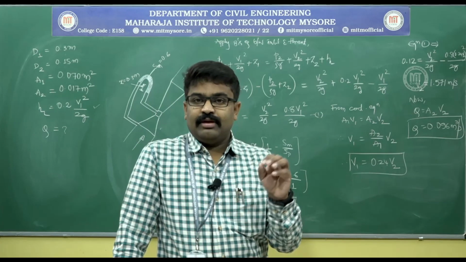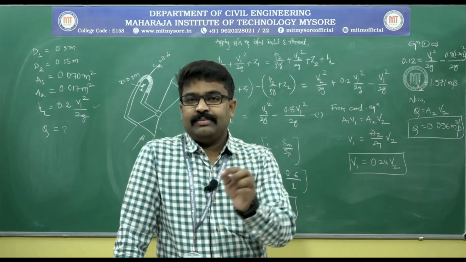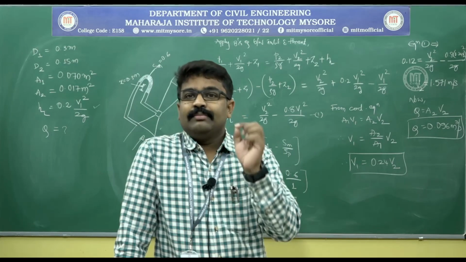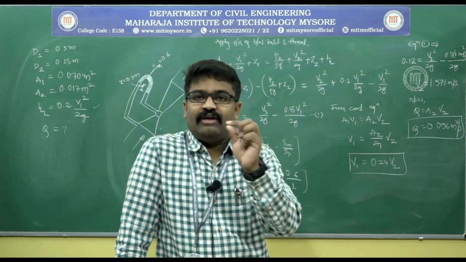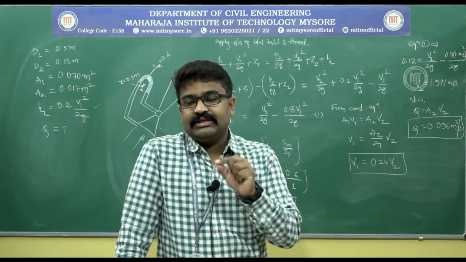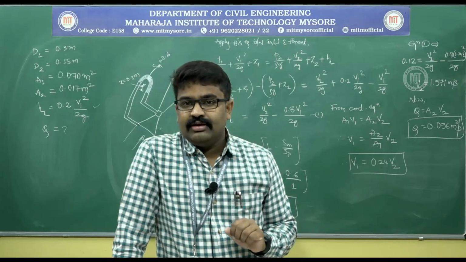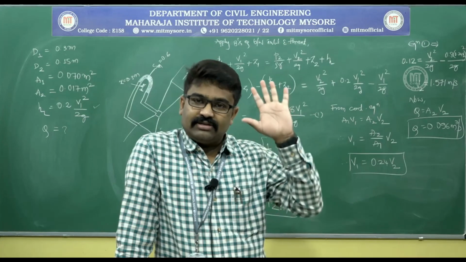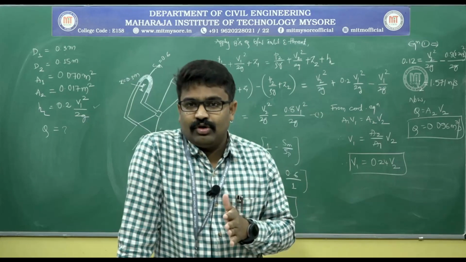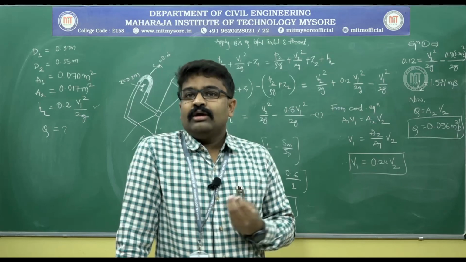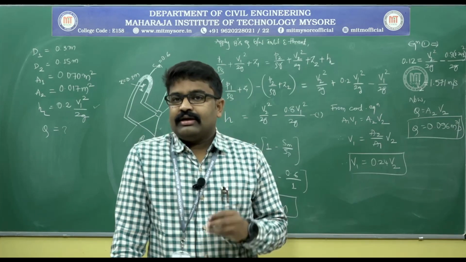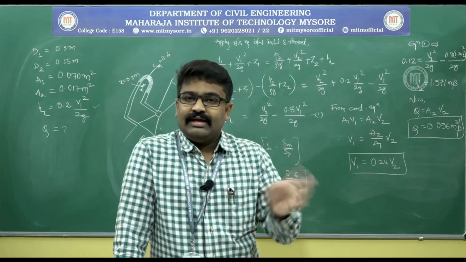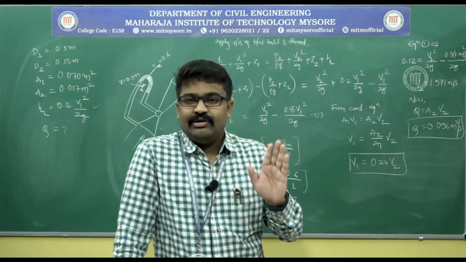It is a simple problem except for one new concept. He has not given you the inlet diameter and throat diameter separately, but he has mentioned the ratio of areas. So he mentions that the area ratio is 5. You need not have any doubts, because the area of the inlet is always greater than the area of the throat in case of a venturimeter. So the throat diameter is given, calculate the area of the throat, multiply it by 5, and you will get the area of the inlet. That's all you need to do.